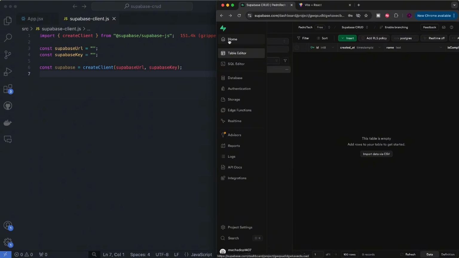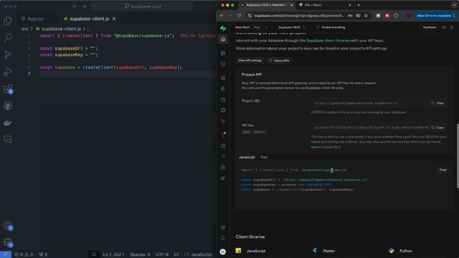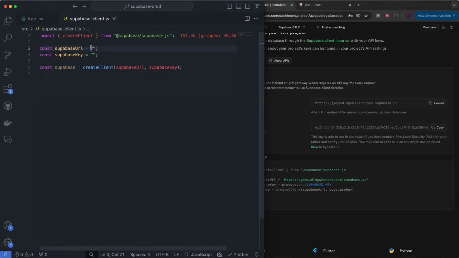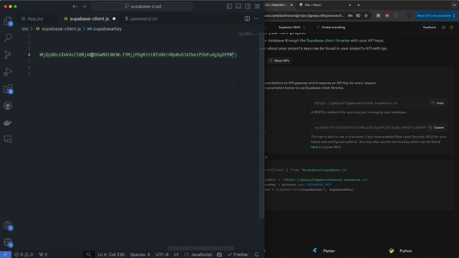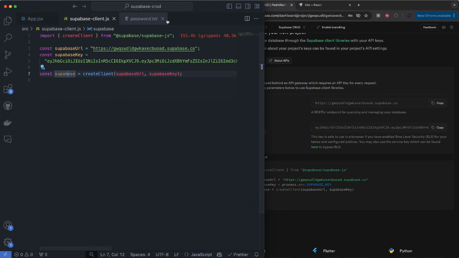Well, we can just come to our home page over here, and we'll see that we can access both our URL and our key directly from here. So our URL, I'll keep it here. Now let's just copy this API key and put it over here. Now this is fine, right? Well, no, because we don't want to put API keys, and we'll probably want to keep the URL as well